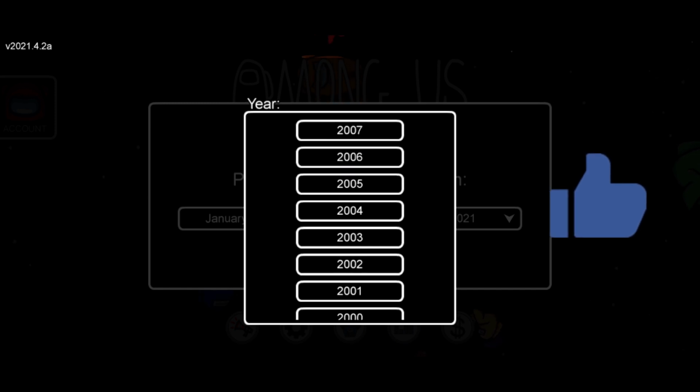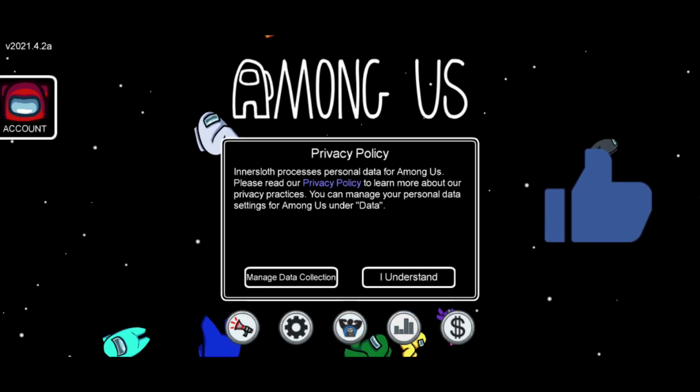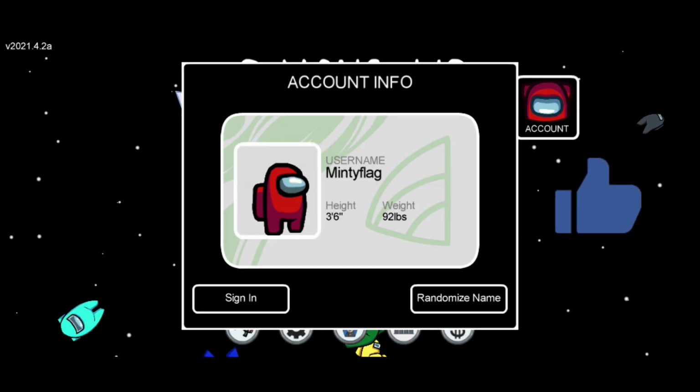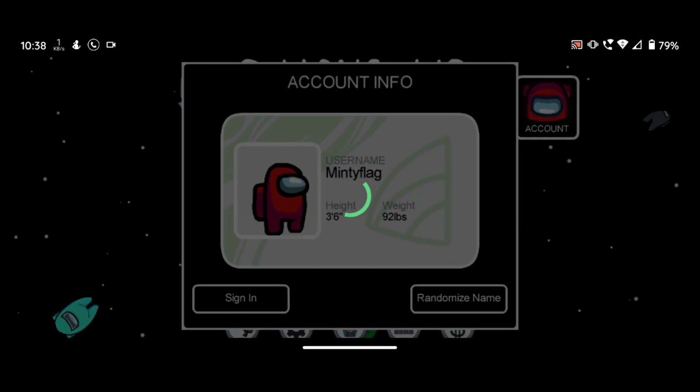I'm going to provide my date of birth. Now I'm going to sign in. So here you can see Play Games connected to the Venkat1097 account.